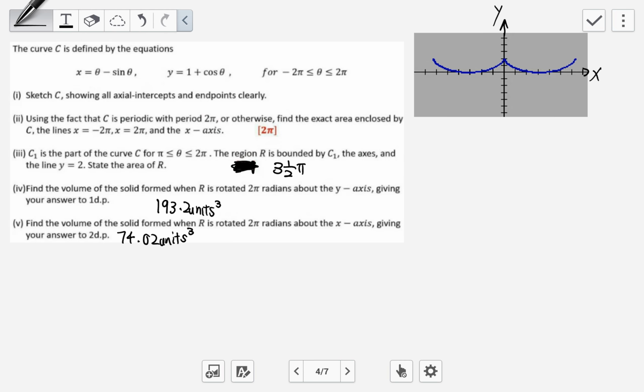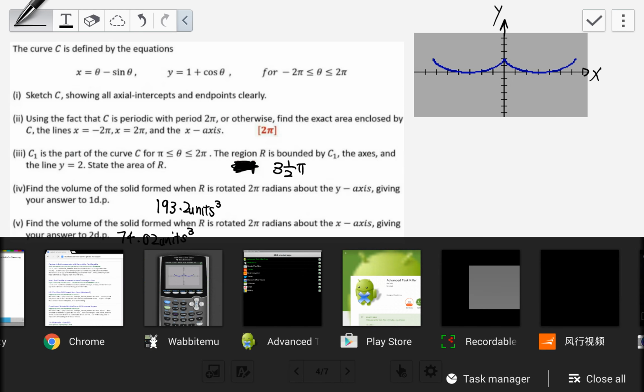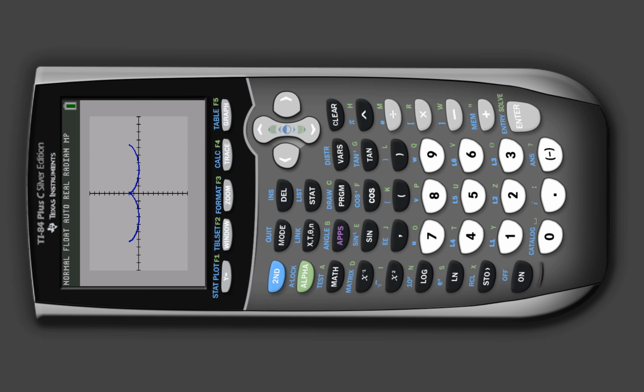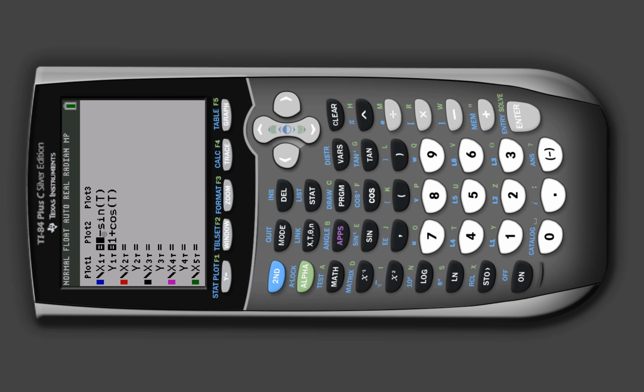So now the first part asks us to sketch the curve with all axis intercepts and the endpoints clearly. So endpoints and axis intercepts must be sketched clearly. This is drawn using the GC. If you want to use the GC to draw this, you go to the mode and change it into the parametric mode first. After that, you go to y equals to key in the